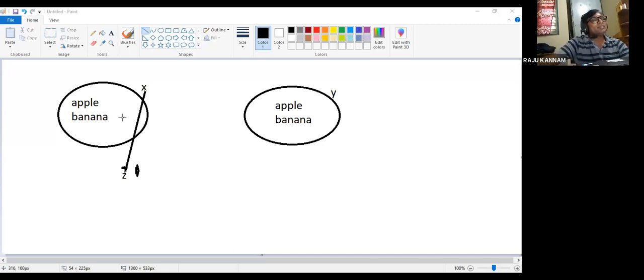So that means here x and y: x is one object, y is one object, and z is also one object, but that object is pointing to x only. It doesn't have any separate memory allocation. It is created to point to x. That's the reason we have written in our code z equal to x.